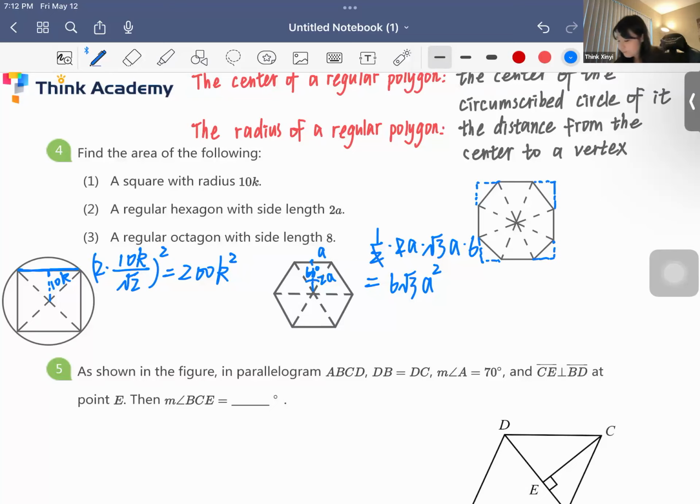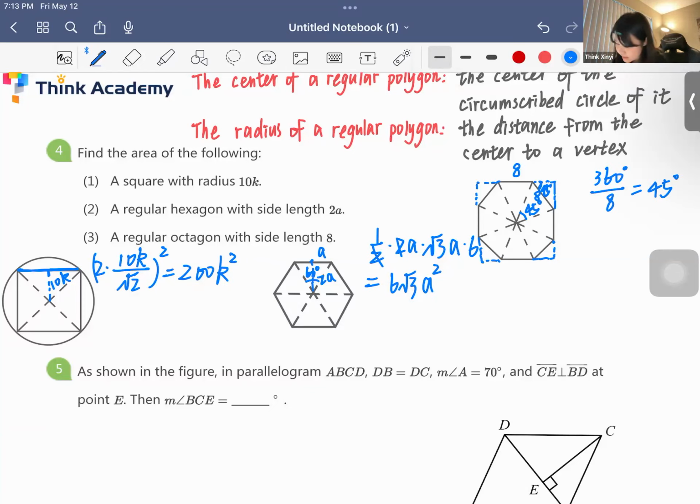Let's see if we have the side length as 8. As it's an octagon, each exterior angle is 360 divided by 8, which is 45 degrees, and this one is also 45 degrees. So the right triangle,